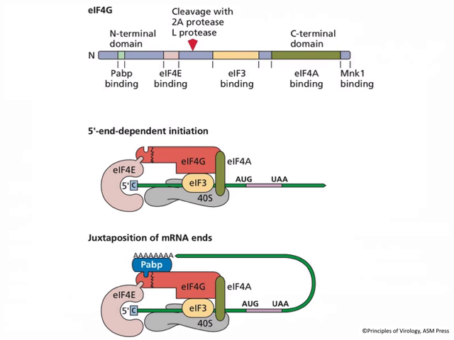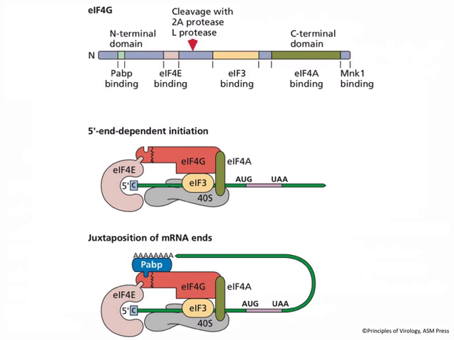So this red protein now is a little more visible here. We've taken away some of the others. EIF4G. And this you can think of as a scaffolding protein. Its protein sequence is shown as a line at the top. It's a very large protein, 220,000 Daltons in size. And this was discovered in cells because, as we'll see later, a virus cleaves it to shut off host cell translation. We didn't know anything about this protein until it was discovered in virus-infected cells.